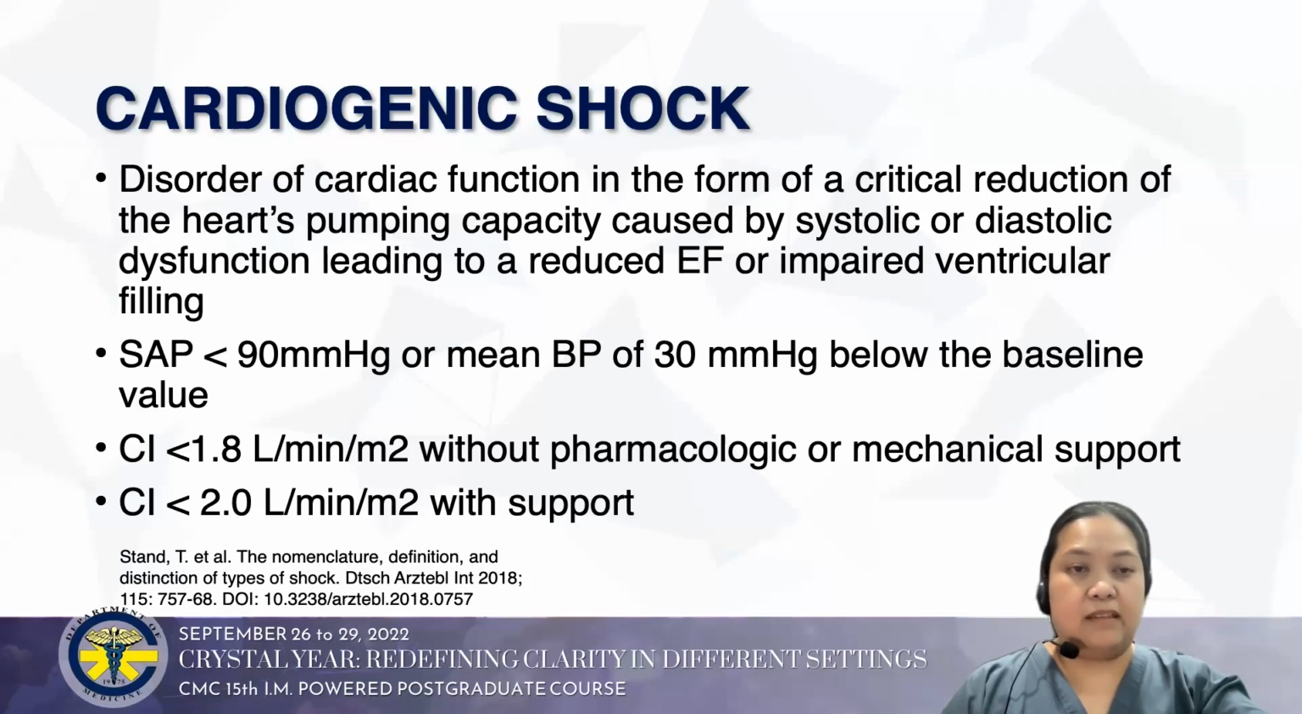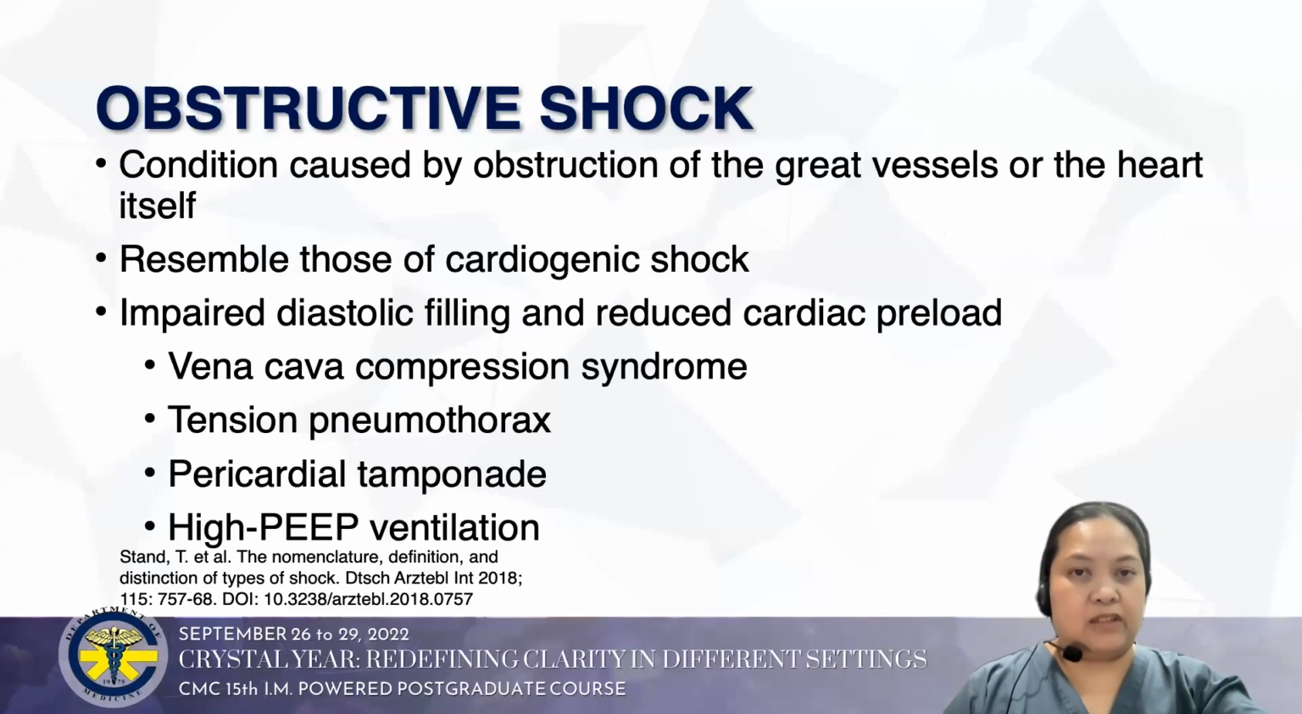Last but not the least of the classification of shock is obstructive shock. The condition is caused by obstruction of the great vessels or the heart itself. It might resemble cardiogenic shock in manifestation. However, the causes might result in an impaired diastolic filling and reduced cardiac preload, like in a vena cava compression syndrome, in the occurrence of tension pneumothorax, in the presence of pericardial tamponade, or in patients with a high PEEP